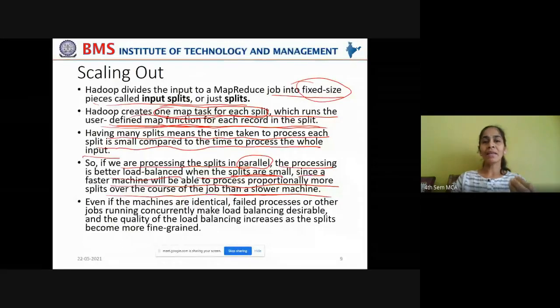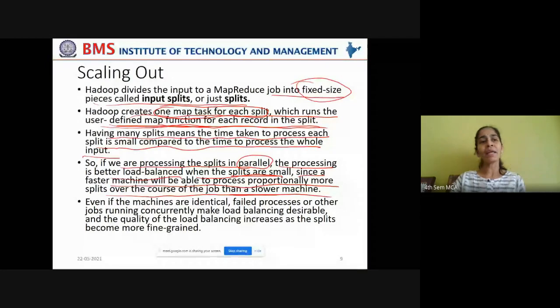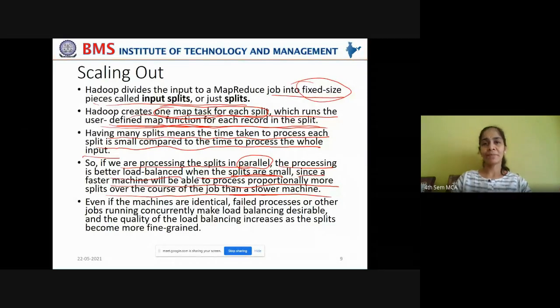You can assign these splits onto map jobs, which can run more splits because they are small. It completes processing of one split, takes another split, processes it, takes another split, processes it. This is done very fast. It is not that one map task executes only one split at a time. Once it completes executing its map code on one split, it immediately takes its next split, processes it, takes another split, processes it. It goes on very fast.